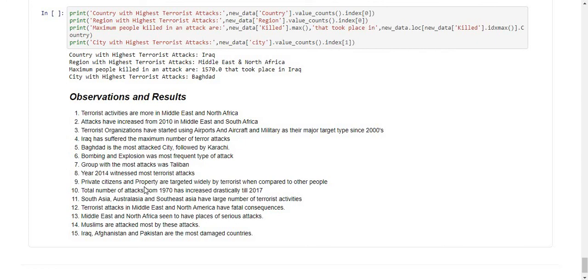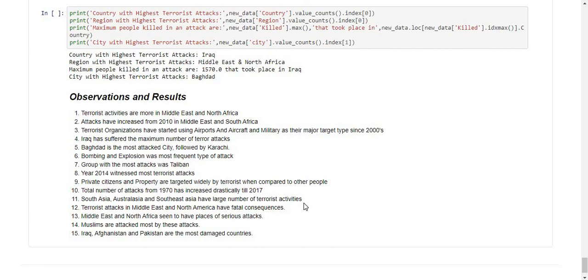Private citizens and properties are targeted widely by terrorists when compared to other people. Total number of attacks from 1970 has increased drastically in 2017. We see this is 94%. South Asia, Australasia, and Southeast Asia have a large number of terrorist activities.